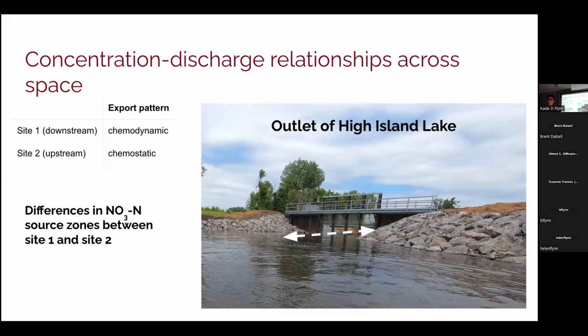So it's probable that this kind of change in the direction of the flow, the change in how the lake is contributing to the stream, is influencing this chemodynamic behavior that we observe downstream of the lake, but not in these headwater catchments. But with this sort of analysis, we're not necessarily measuring the influence of these individual features specifically.